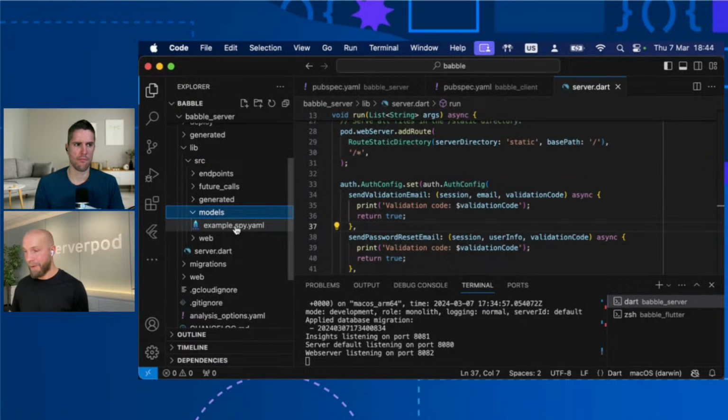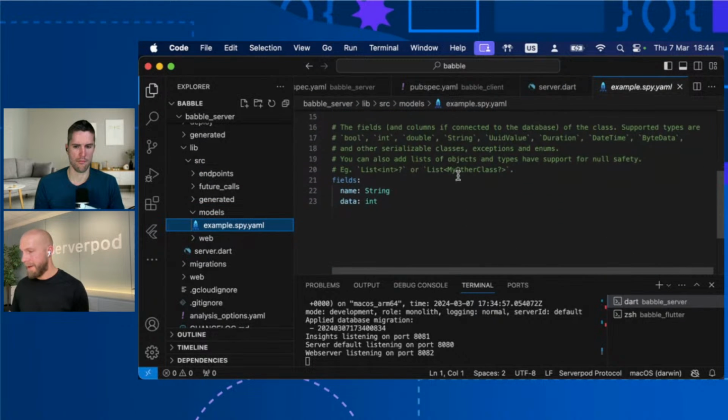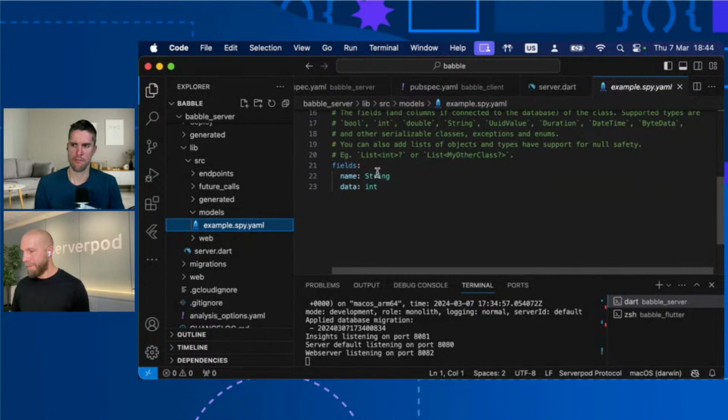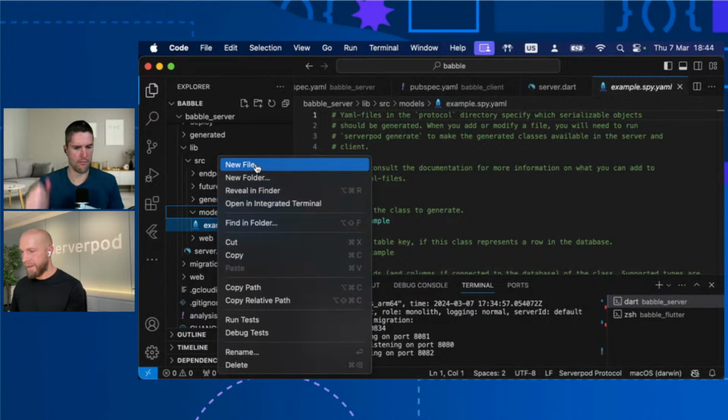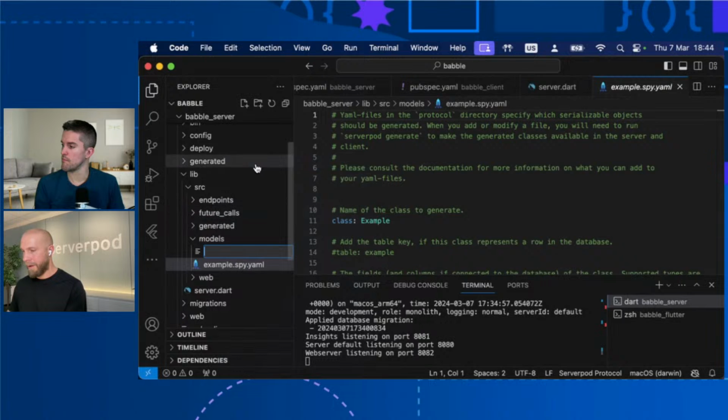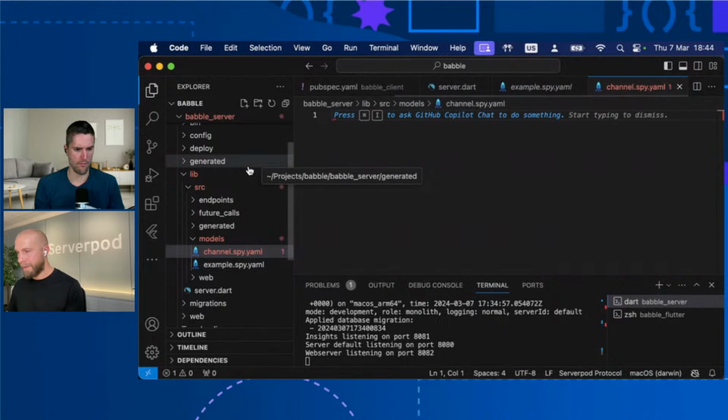We have an example already that looks pretty simple with a string in the data, but I'll just create a new file that we call channel.spy.yaml. You can also just use YAML, but this will work